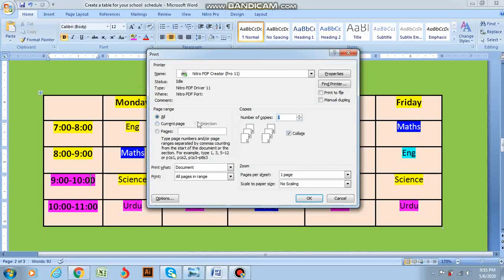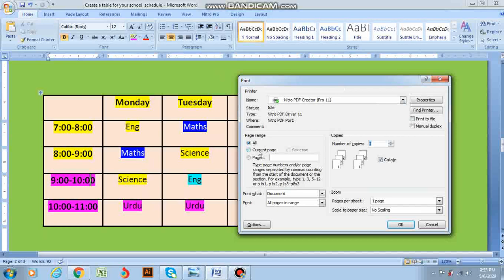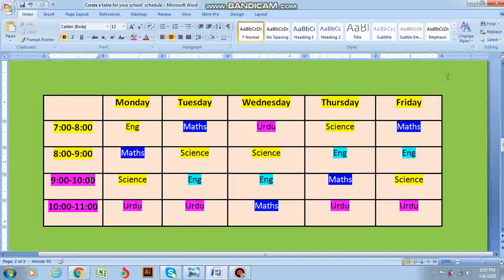Then, for example, if you are going to print the schedule, you click current page, and then you click OK. When you click OK, the printer will get the command of printing the page, and it will print out the particular page. Okay, so this is how we are going to do it.